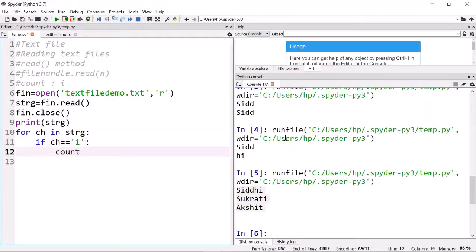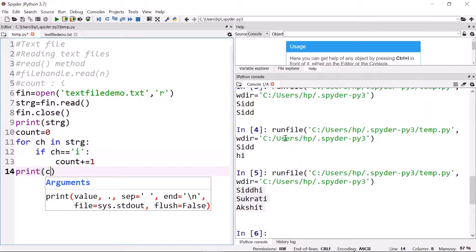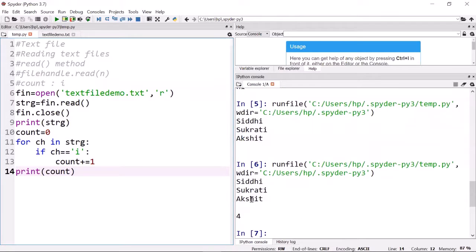We have to create that variable, so count will start with 0, and every time i comes, we increase it by 1. Finally, we can print how many times i occurs in the file. Let us run this program. You can see 4 is coming, and the entire contents are also coming because we have written print strg also. If you don't want that, you can remove it.